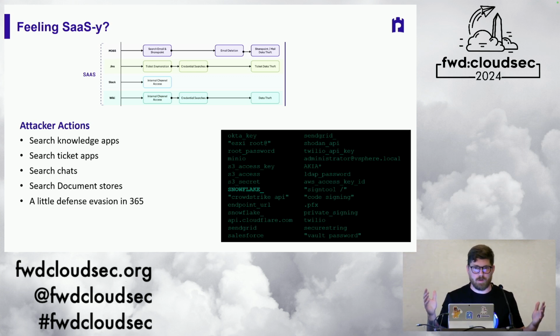If someone clicks into a different app than they normally do, maybe they've never clicked into that app ever, that should be a red flag for you. So watch for people who are clicking into things. They have been employed for 3 years, they've never clicked into GitHub. Why are they suddenly clicking into GitHub?